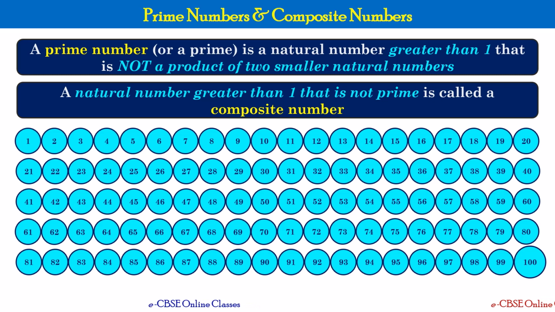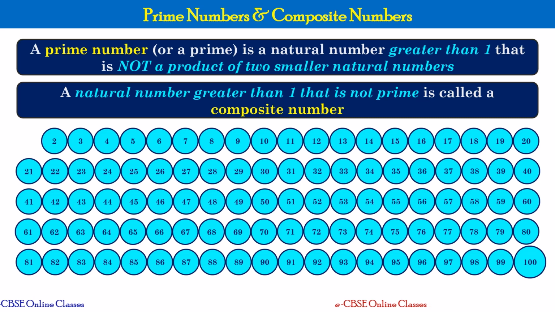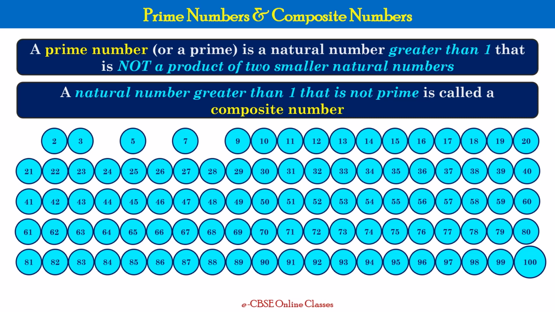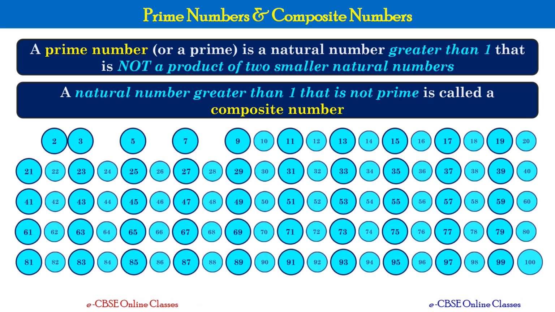So these are numbers 1 to 100. 1 is not a prime number, so let us delete that. And now let us slowly start removing all the multiples of some numbers. So let us start with 2. 2 is our first prime number. All the multiples of 2 will not be prime numbers. So let us start deleting the multiples of 2. The first multiple of 2 apart from 2 is 4. Let's remove that. And next is 6. Next is 8. And similarly, we'll remove all the even numbers because all even numbers are multiples of 2.